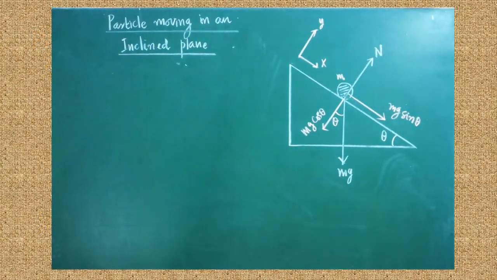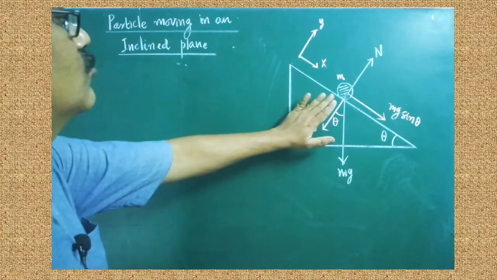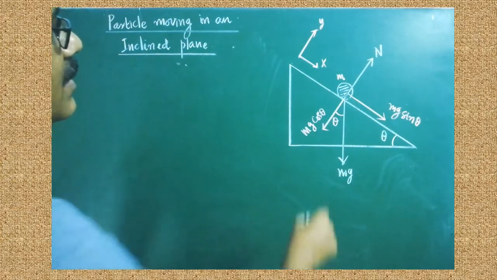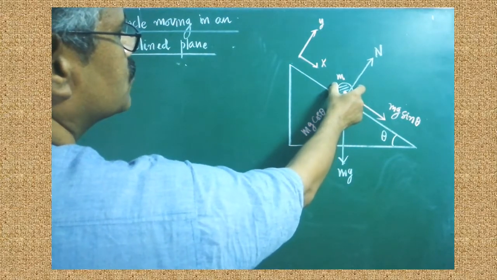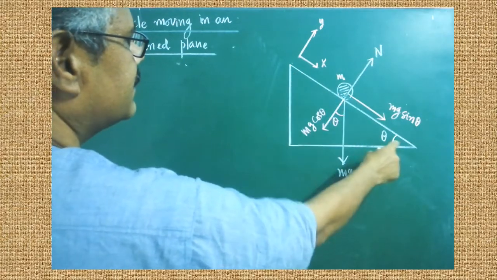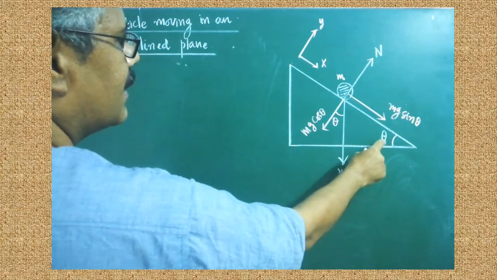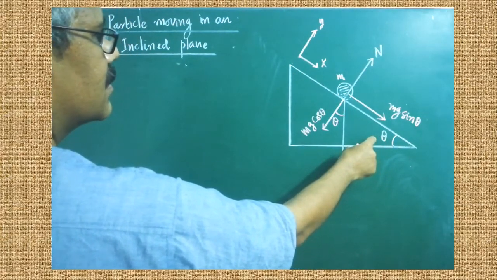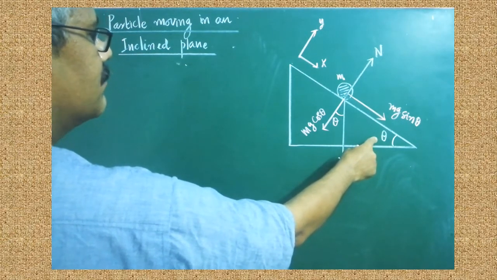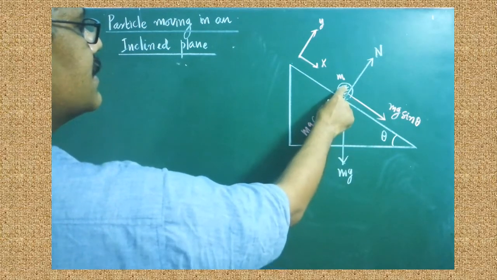Today we are going to learn about the movement of bodies on the surface of an inclined plane. Here, let us imagine a body whose mass is m. Since it is an inclined plane, the angle of inclination must be measured. The angle of inclination is denoted by the letter theta. Are you clear? So the mass of the body is m.